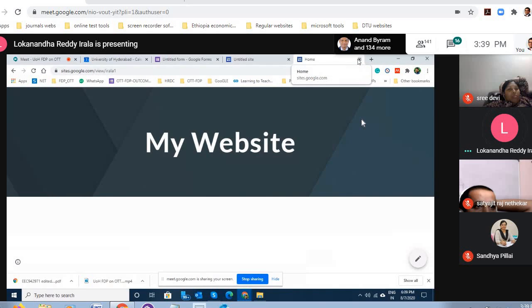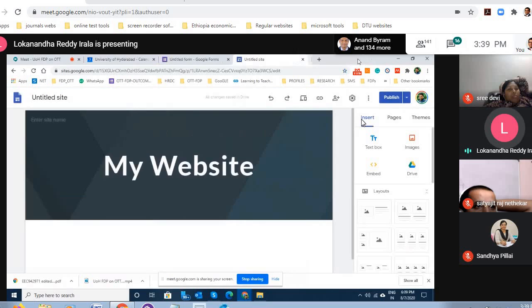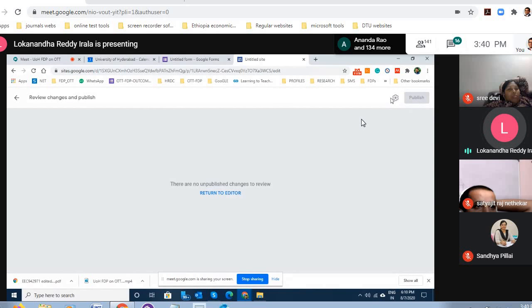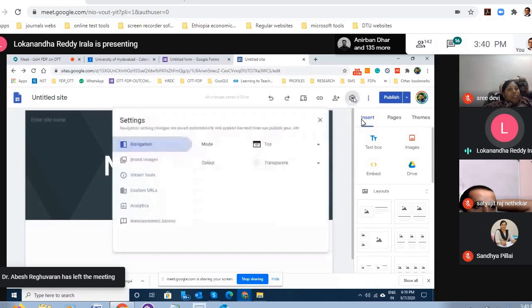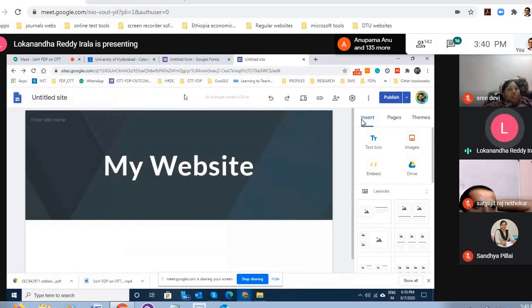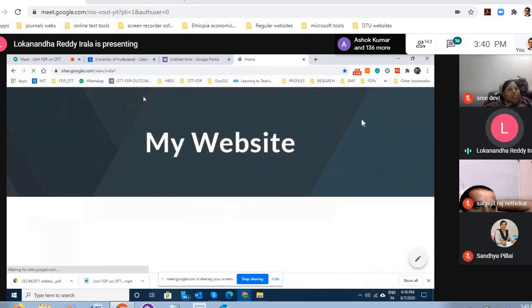Right. Actually, before publishing, you have noted its address, right? So again, if you say publish, it says it is already published, right? Okay, fine. Here you go to settings, right? The address has already been noted, and you simply take that address. For example, this is the site. You take this address and keep it in the browser. You are able to view the site. Fine, sir. Thank you so much.